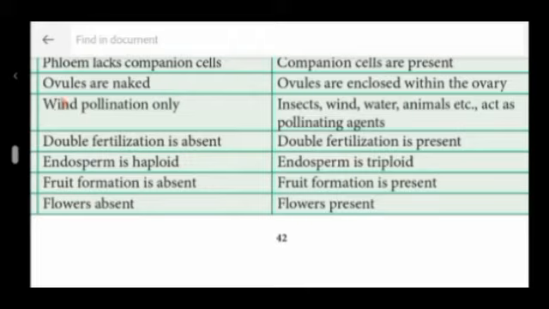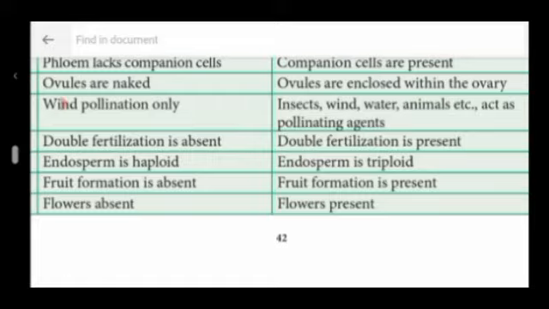In gymnosperms, there is polyembryony, the presence of many embryos. In angiosperms also, polyembryony can occur. The naked ovules develop into seeds. So in gymnosperms, the ovules which are seen on the outer side develop into a seed. The endosperm is haploid and develops before fertilization. Before the act of fertilization, the endosperm formation occurs, so it is haploid in nature.